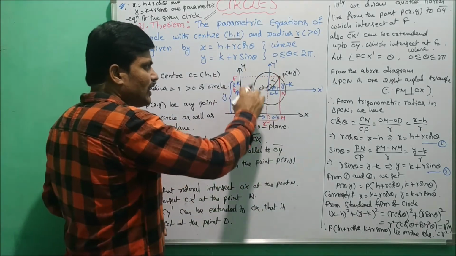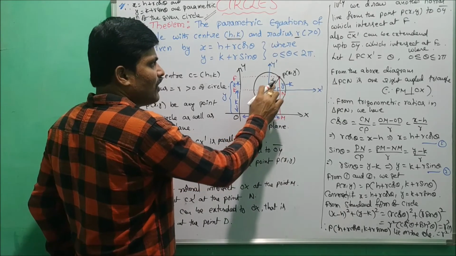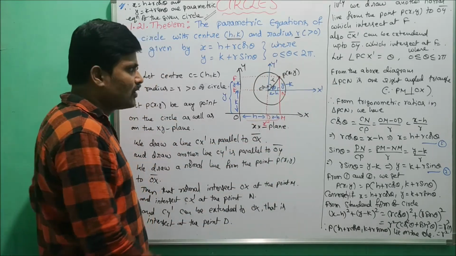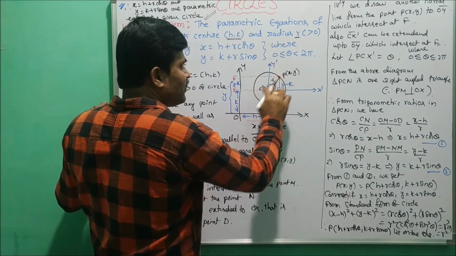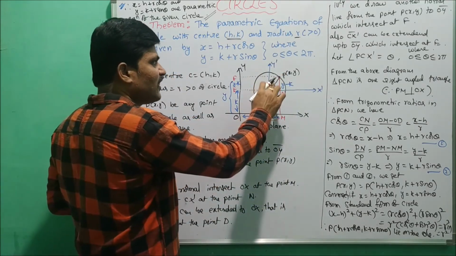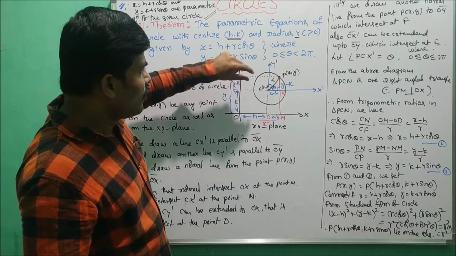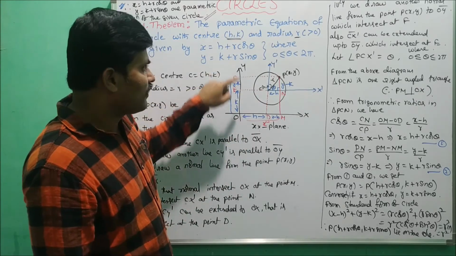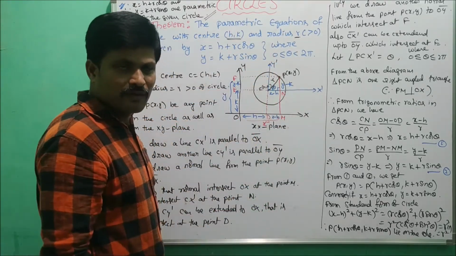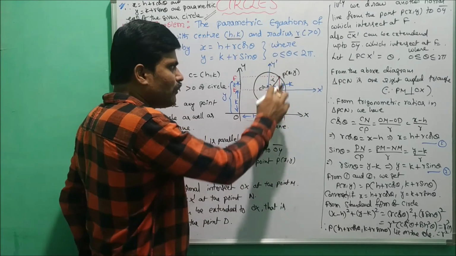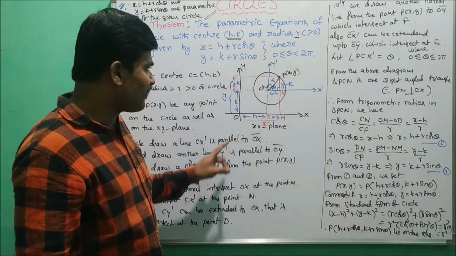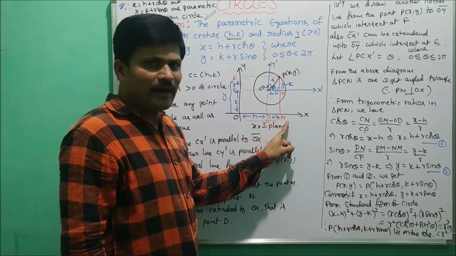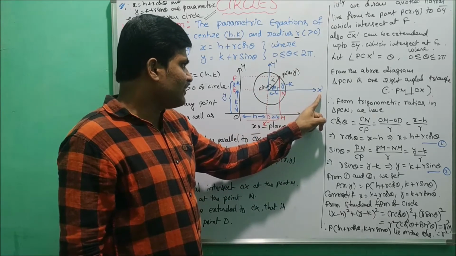In that we take one diagram. Here we take the center and draw one circle and we take the point P of xy on the circle. Now join C and P, that is clearly a constant, fixed distance, that is r, and also we draw one line parallel to OX. At the same time we draw one line parallel to OY, that are CX dash and CY dash. And also we draw one normal line from the point P of xy to the x-axis, that is OX. Here that line clearly intersects the x-axis at M, and at the same time CX dash at N.